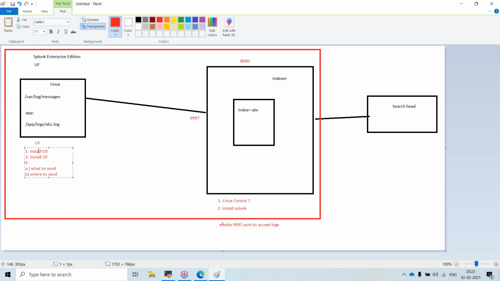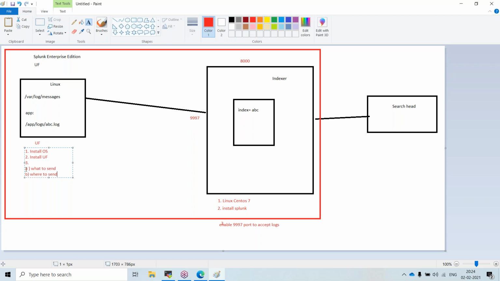If I install a standalone universal forwarder, it won't work out. I have to do some configuration because in real time I will have multiple indexers and multiple applications. In each Linux machine, I have to provide instructions saying where to send and what to send.